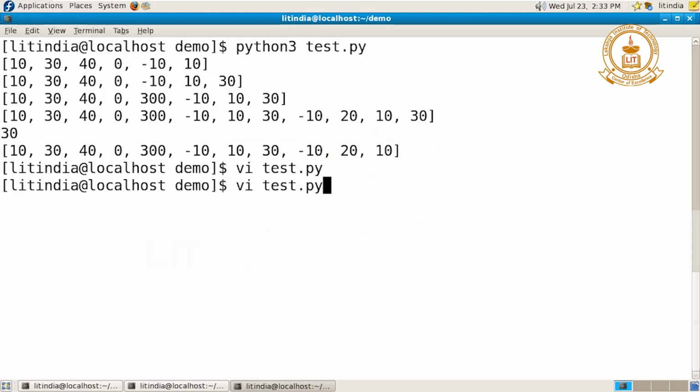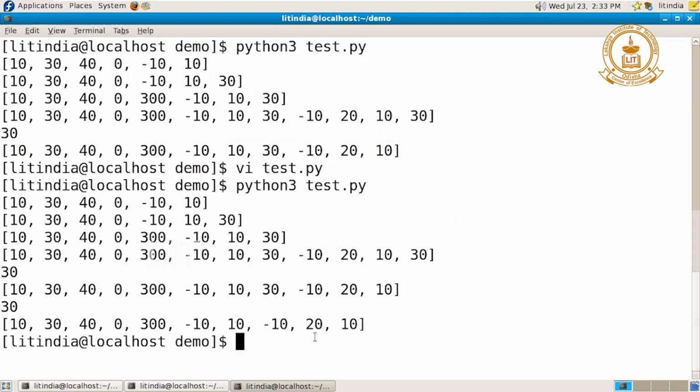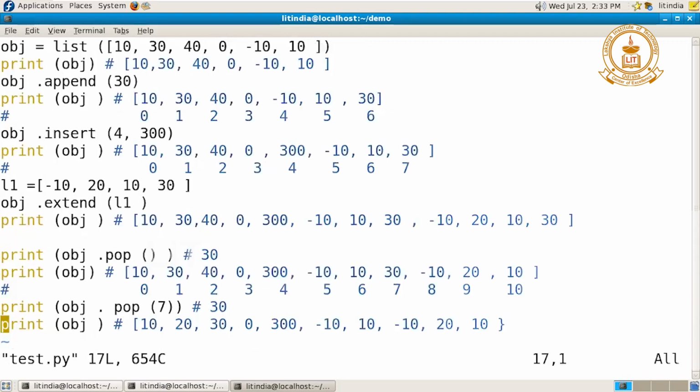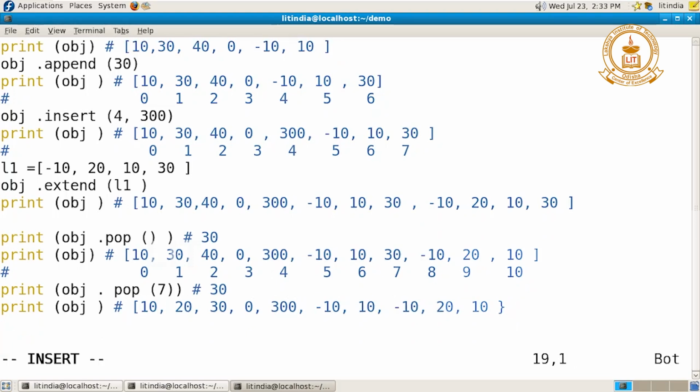So if you check out, yes sir, that one is available. That 30 will be deleted from the middle. Sir, by default pop will delete the last index if you do not give any index. If you give an index, that index will be deleted. But sir, I just want to delete some value. If you want to delete any value,